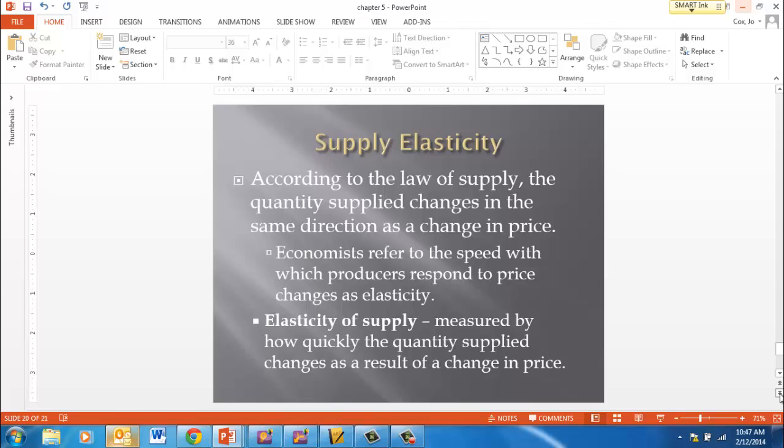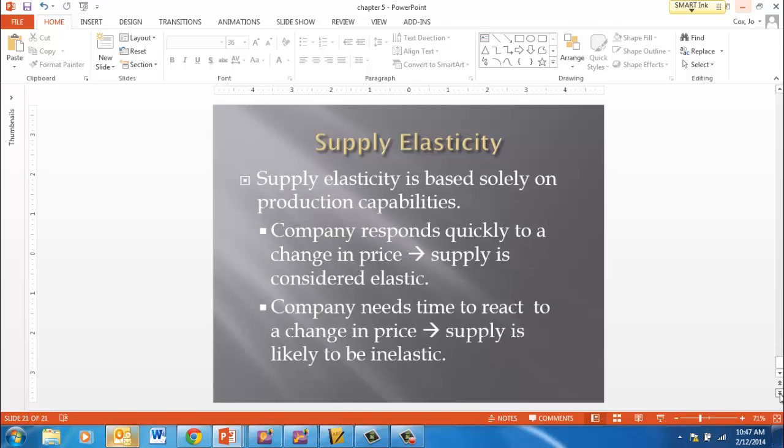We'll talk about this and give some examples in class, of some products that would be elastic and some other products that would be inelastic. So again, elasticity is totally based on production capabilities. If a company can respond quickly, supply is considered elastic. If a company needs time to react, in other words, maybe their product takes a long time to make, then supply